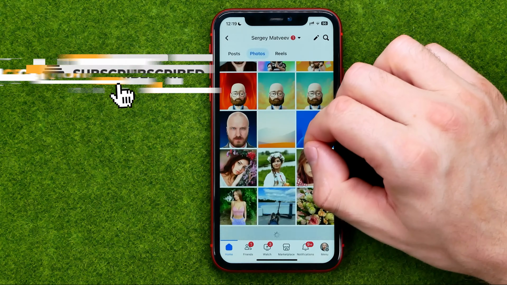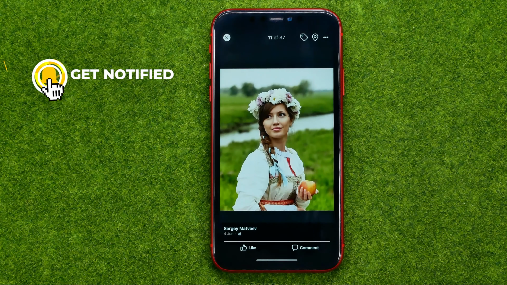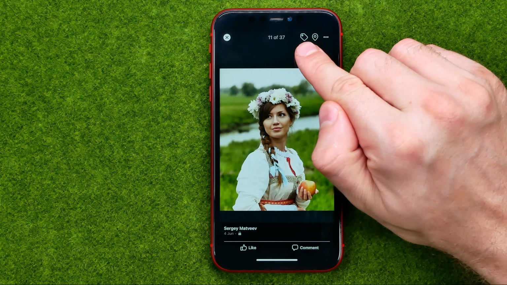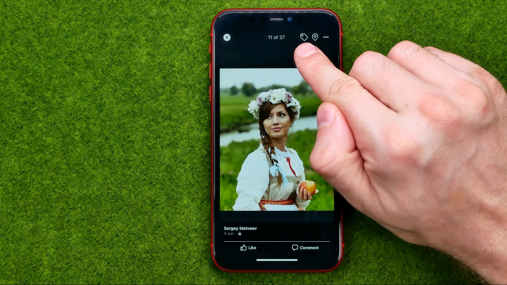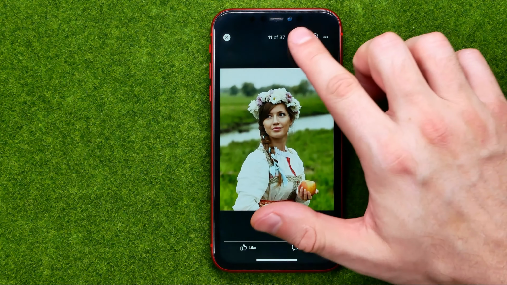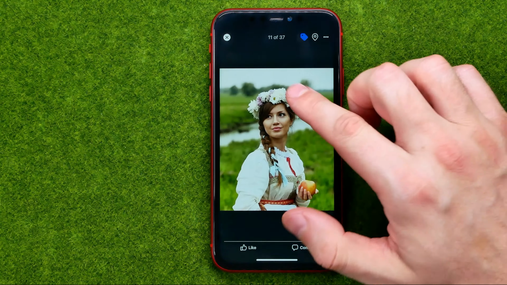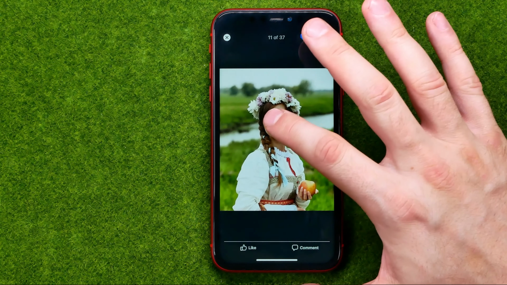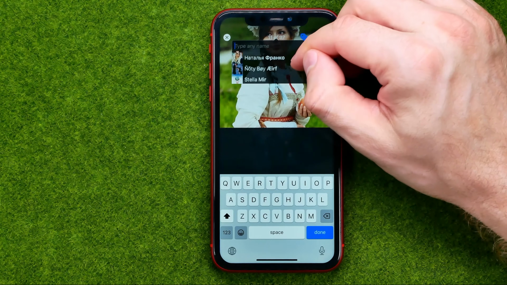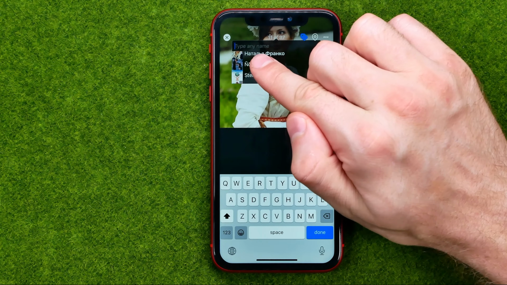Then we need to choose a photo, just open it up, and all we have to do now is just activate tagging mode. To do that, tap at that icon, just like that, and once it is highlighted we are able to tag someone. To do that, just tap somewhere on a photo, and then you can type any username